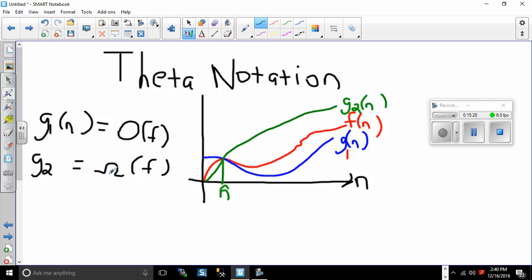So if you have this particular case, then we say that if you can find two functions, I'm trying to think how we can express this notation here. Let's let